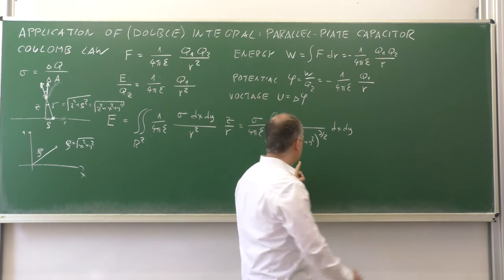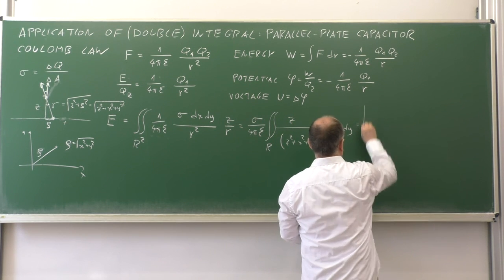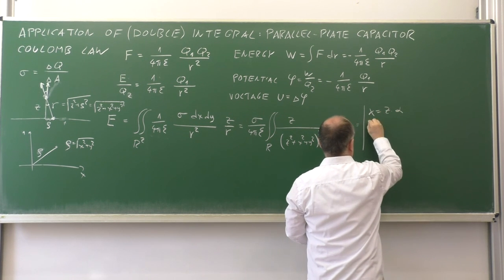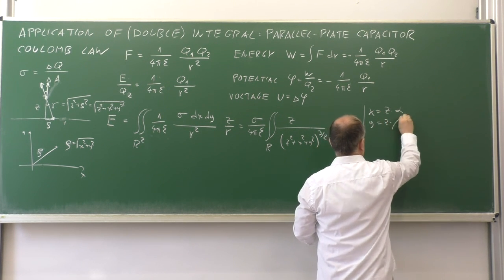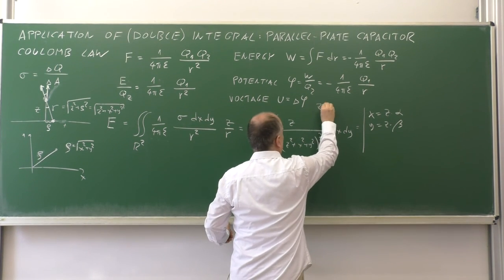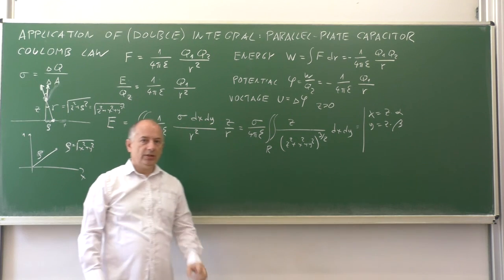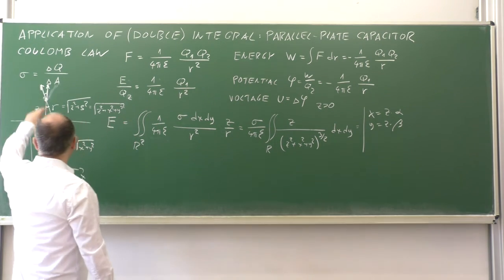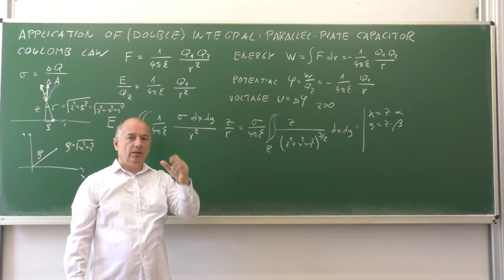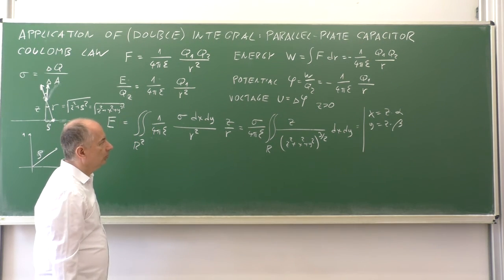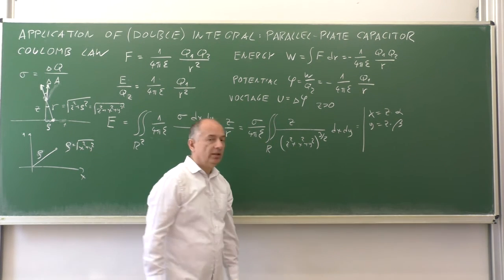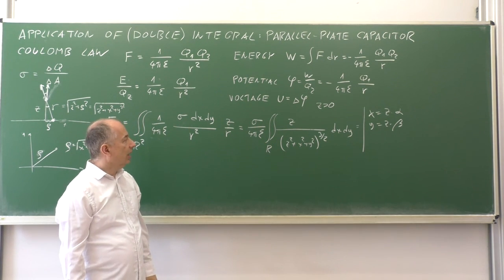If we introduce a substitution, x is z times alpha and y is z times beta, for positive z. Z is a constant. This is the distance of the point where we measure the intensity, the distance from the plane. So z is the positive constant, and x and y are the two independent variables of this function, and we integrate over